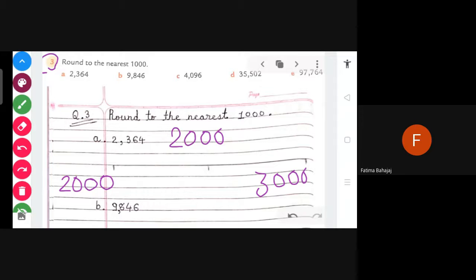Then you have to see that our question is near to which one. You can do both methods, whether you see all the before numbers or you just see which digit is at thousands place. So 2 is there at thousands place, so obviously 2000. So any method you can do.